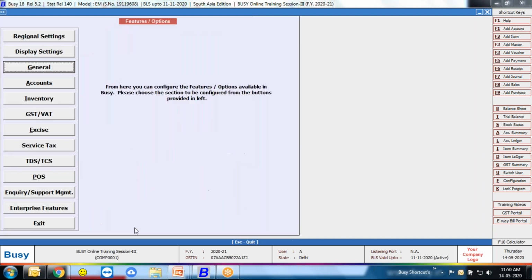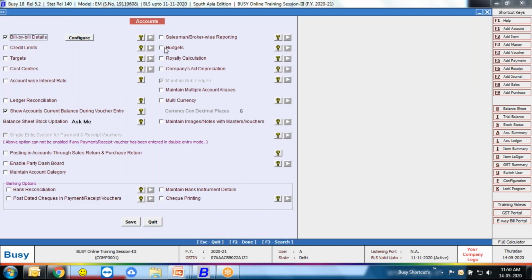Now we are going on to the next option, which is accounts menu. There are lots of features which are usable and beneficial to all of us, to your users, to your clients.